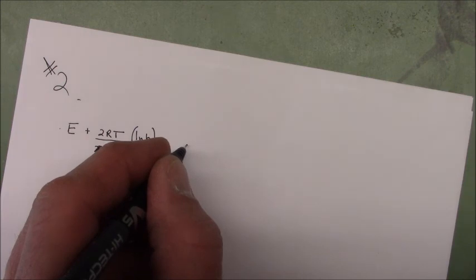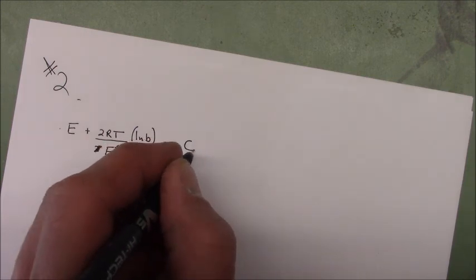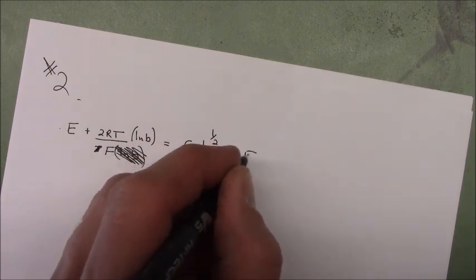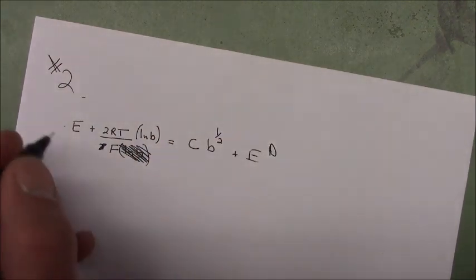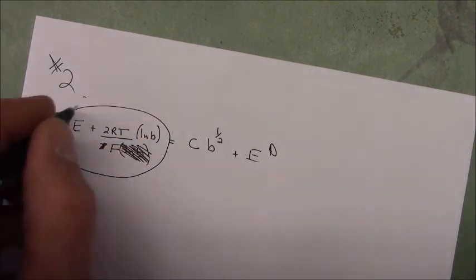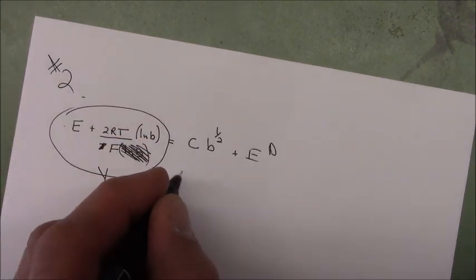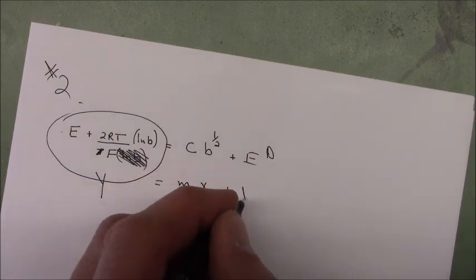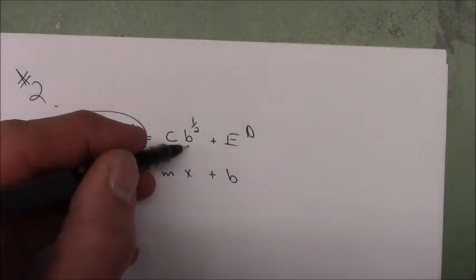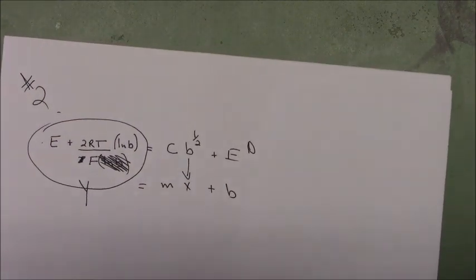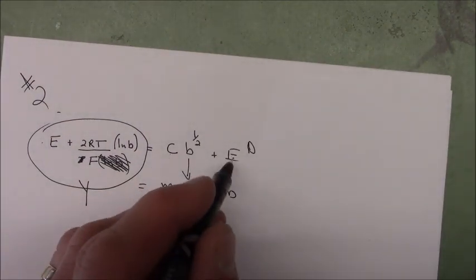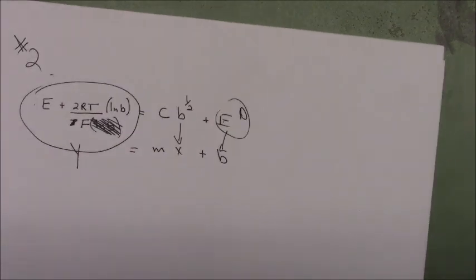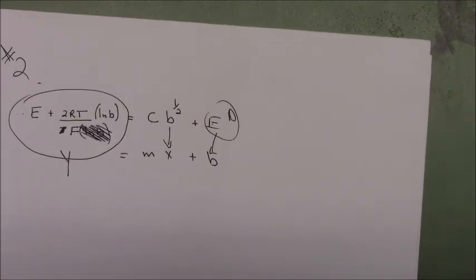And if I had C, B to the 1/2 plus E naught. So this is your Y, mx plus B. So x is B to the 1/2. Your slope will be C. This is the answer we're looking for, which will be that. So given the data,